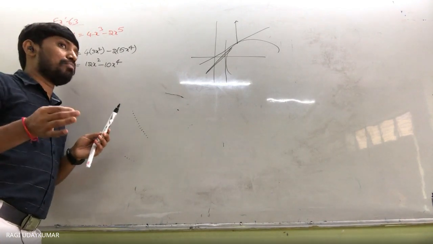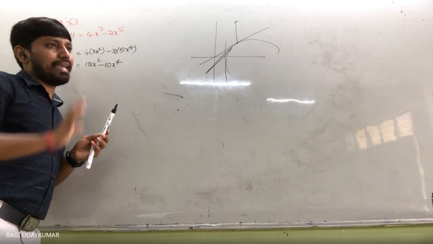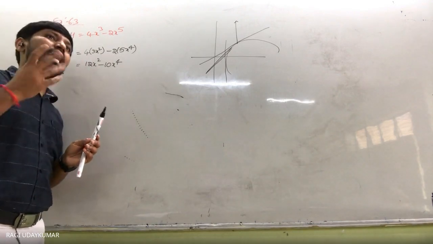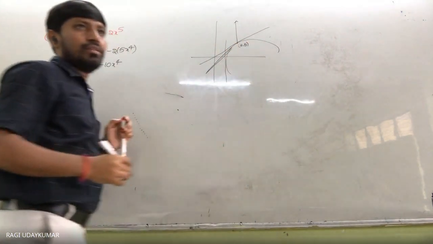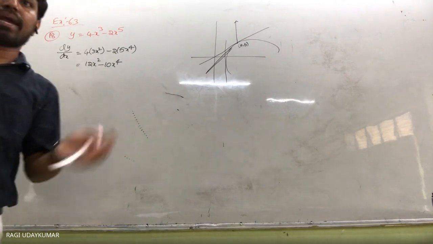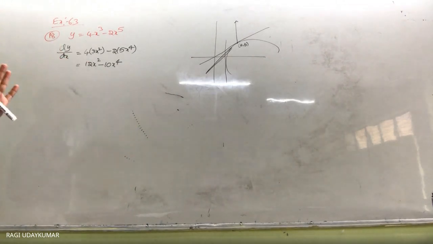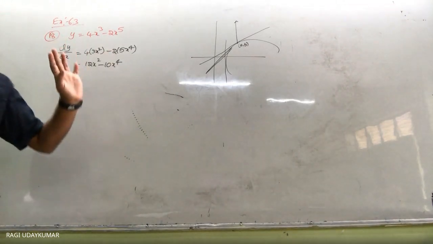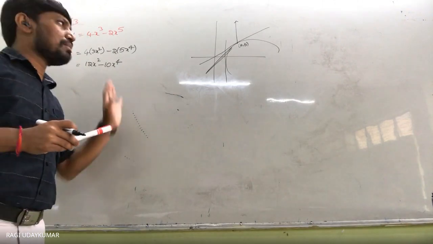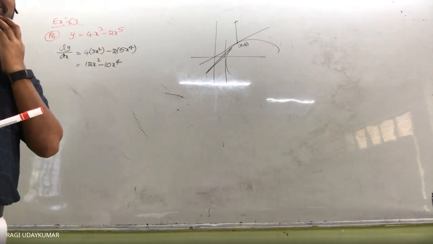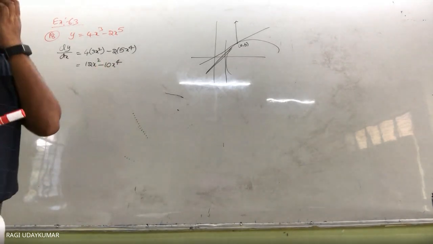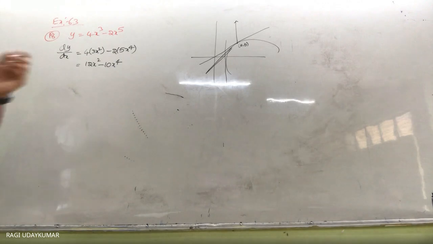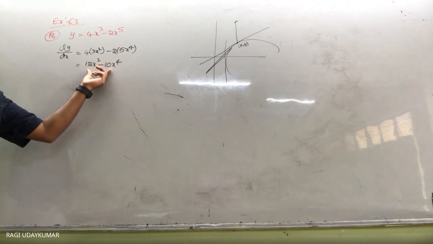Let us consider the point as h comma k or any other point. You can take a comma b, or h comma k, or capital X comma capital Y, whatever you want. To avoid confusion, we'll take the point as a comma b, a general point. Otherwise x comma y can also be taken. When you take x comma y, the slope should be this one.